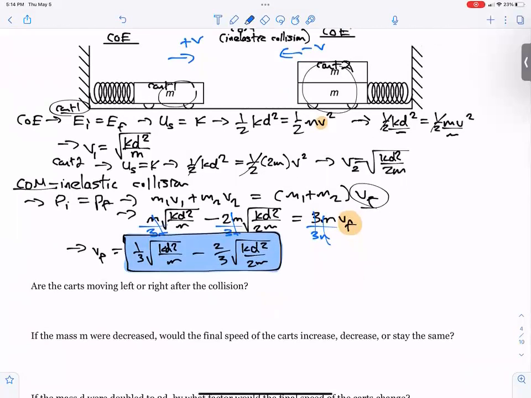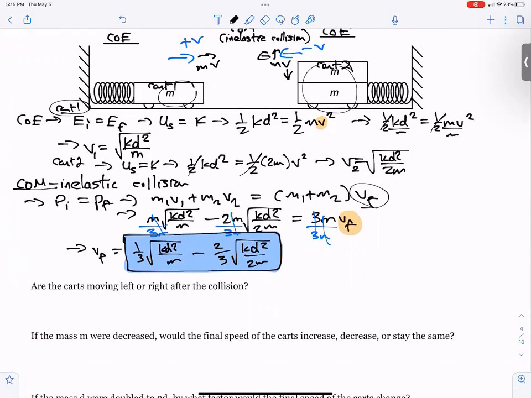Are the carts moving left or right after collision? Well, cart one is moving, let's see what's going on here. Cart 1 is moving with speed and with momentum mv going that way. Cart 2 is moving with momentum mv going that way. Now, the mass might be double, the speed might be less, but it turns out because you're taking the square root of half your mass, or the square root of that reduced doubled mass,